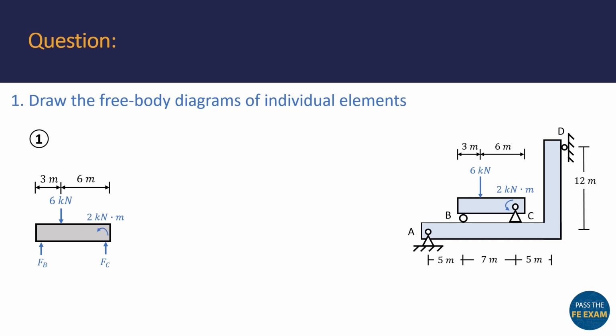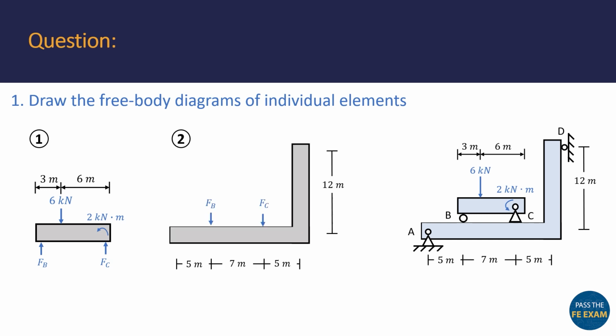I have chosen the positive direction for these forces as upwards so that they balance the downward 6 kN force on the beam, but you could have also chosen them to act downwards. What's important is that you stay consistent in your directions when drawing the free body diagrams. As you can see, these forces create a compressive force on the beam, meaning they must have the same effect on the second element. So in this free body diagram, we choose the positive direction to be downwards. We need to make sure that we draw these forces as compressive in both diagrams to ensure we link the